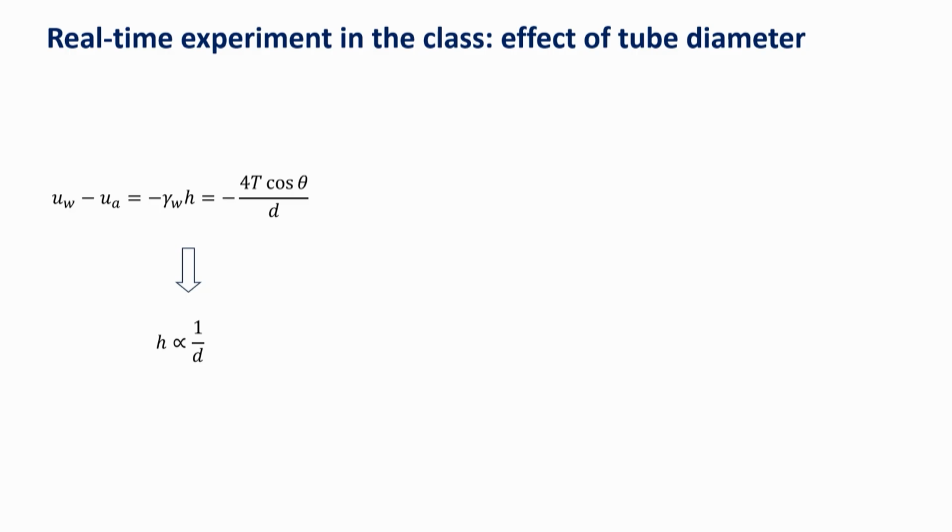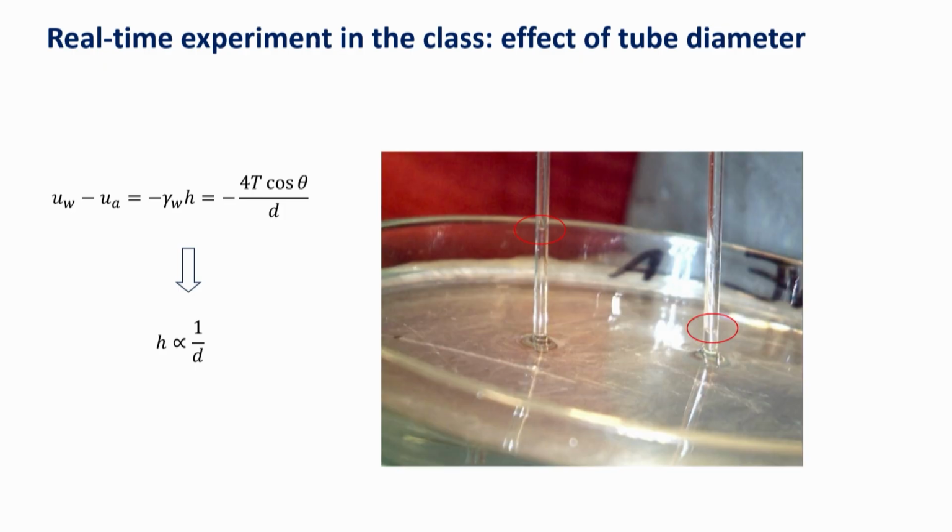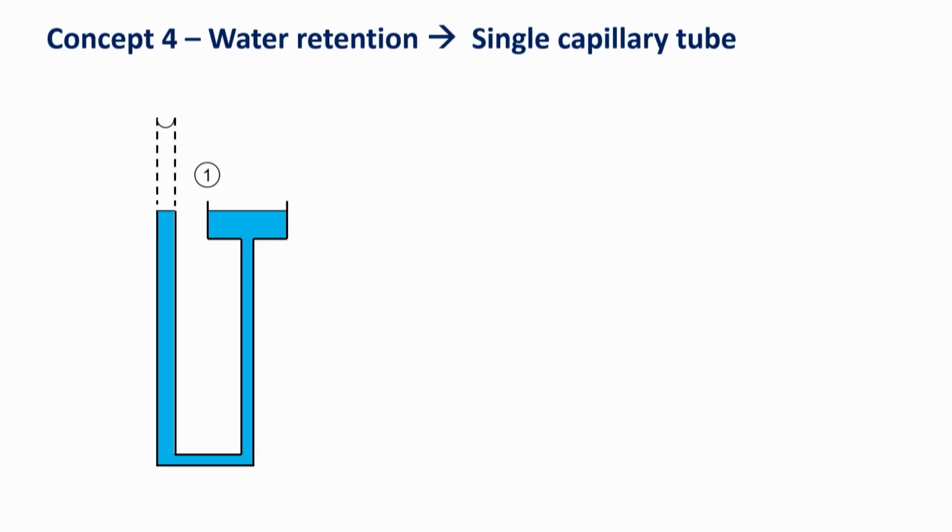Then the same equation is telling us that the capillary rise is inversely proportional to the diameter. This is a Petri dish with a little bit of water, 2 pipettes put into it, and you see 2 different levels that you have there. Something that you can get without the example, but the example is making a difference.